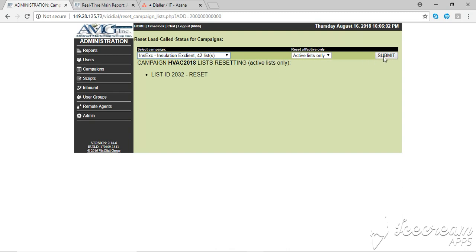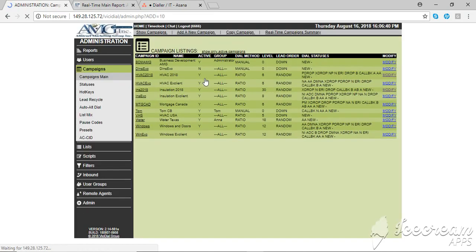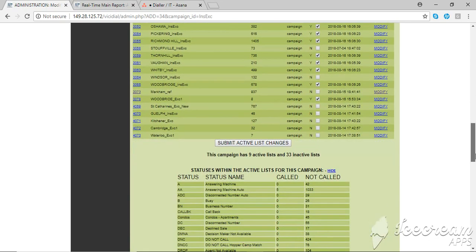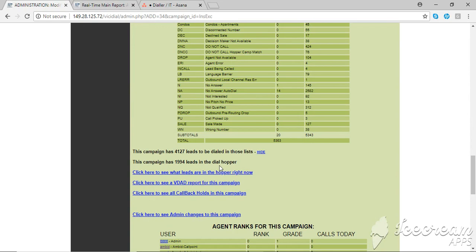So now I've changed to installation X client. If I submit, there are about 1 2 3 4 5 6 7 8 9 lists. All this list will get reset. So the total count would be there that is good to be redialed. So it's an easy process wherein we would not have to do it on a specific campaign for a specific list. We can do it all together, and it would just take a minute, and automatically we will have all the numbers who are good to be dialed. Now I can check after this list have been rechurned, how many good numbers we have that we can dial. Over here we can see there are so many different lists that are active, and here at the bottom now we have about 4100